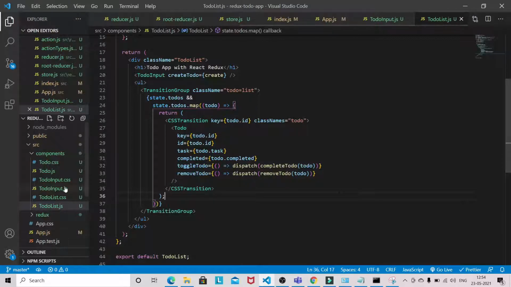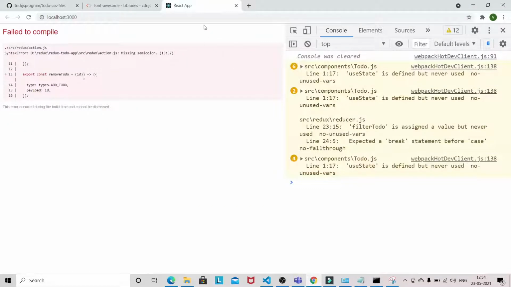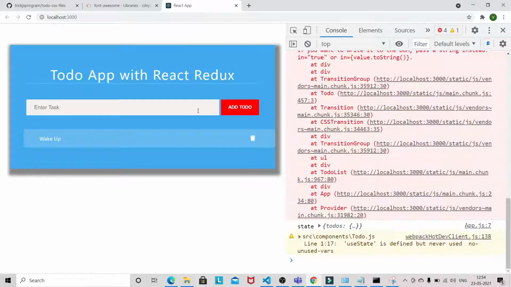Okay, and in to-do.js we have already destructured the remove to-do. So let's see. Okay, some issues. Okay, no issue.